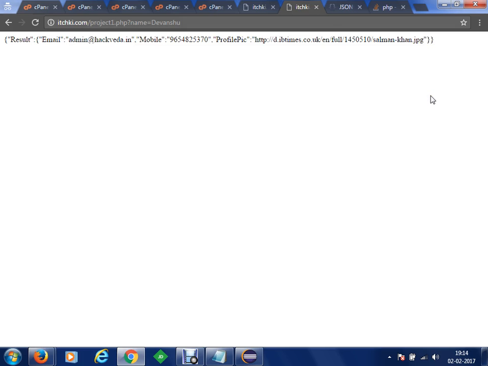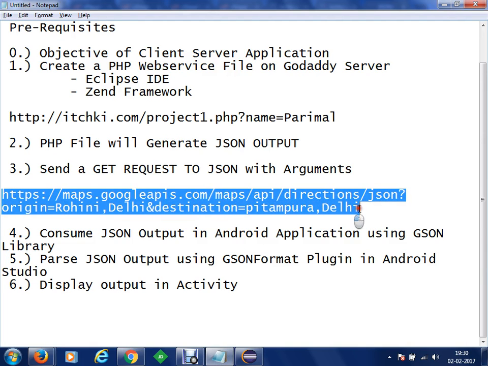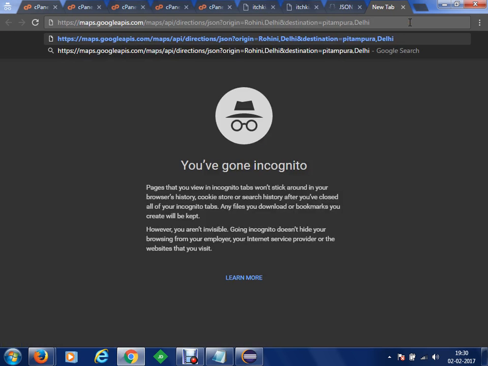Okay, so this data is known as JSON output. Now we can send a parameter to a server. The server can take the parameter, process the results, and display the output. Now we'll send a sample request to a geolocation API and we'll get some result. So this is a real-time implementation of the Google Directions API. You can provide the origin. Let's say we want to get the directions between Rohini and Pitampura.